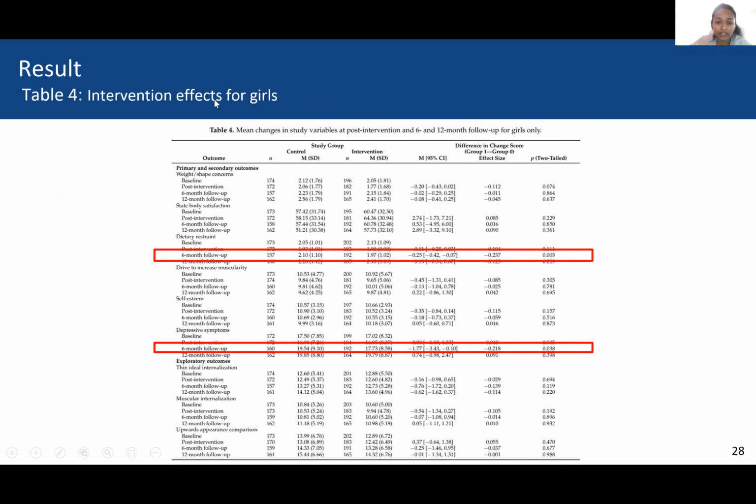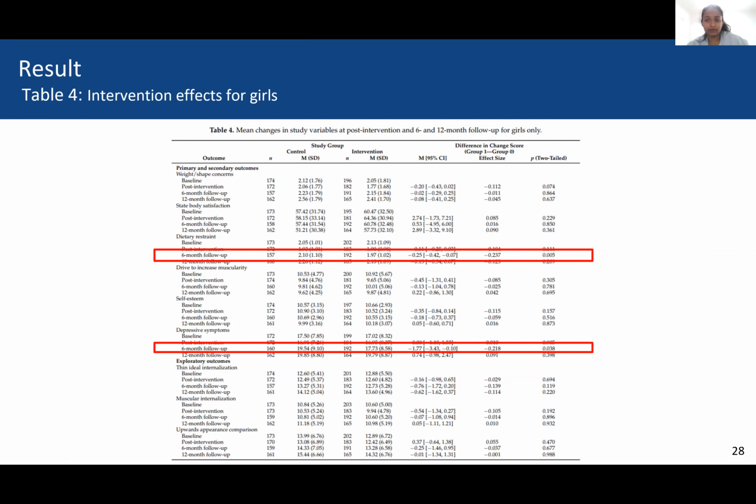I have not included that in the slide because it was a very huge table, but I can show the supplement at the end of the presentation. When the analysis was done using only the ones who completed the study, it revealed similar findings, and contrary to expectations, controlling for school type, the decline in drive for masculinity from baseline to 12-month follow-up was also weaker for individuals in the intervention as compared to the control group.